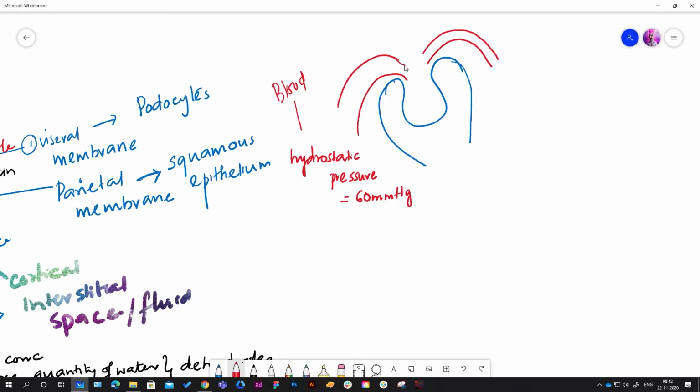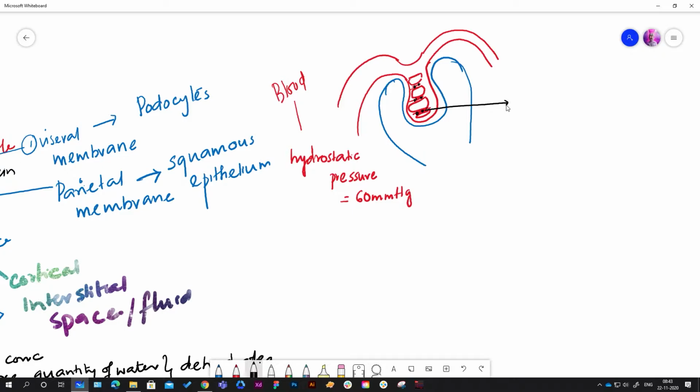So easily it can come inside, it can flow here. This is what we expect usually. But what happens is, in the glomerulus, this is the blood capillary. I am drawing just for representation purposes. In the blood capillary, I told you, there are certain large protein molecules present, and these protein molecules will repel, they will not allow the blood to flow inside.